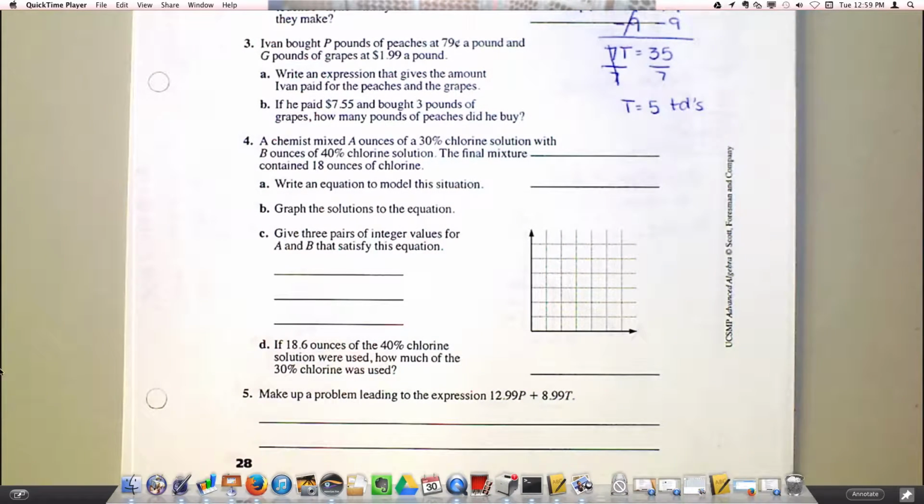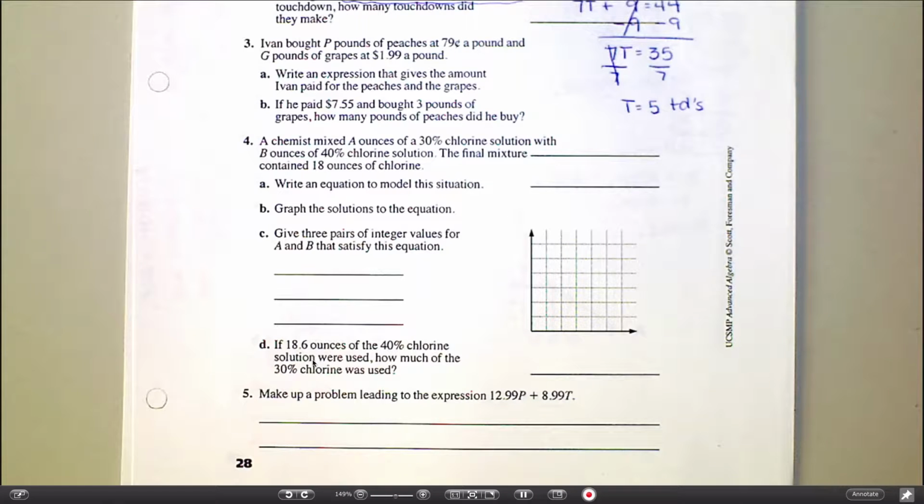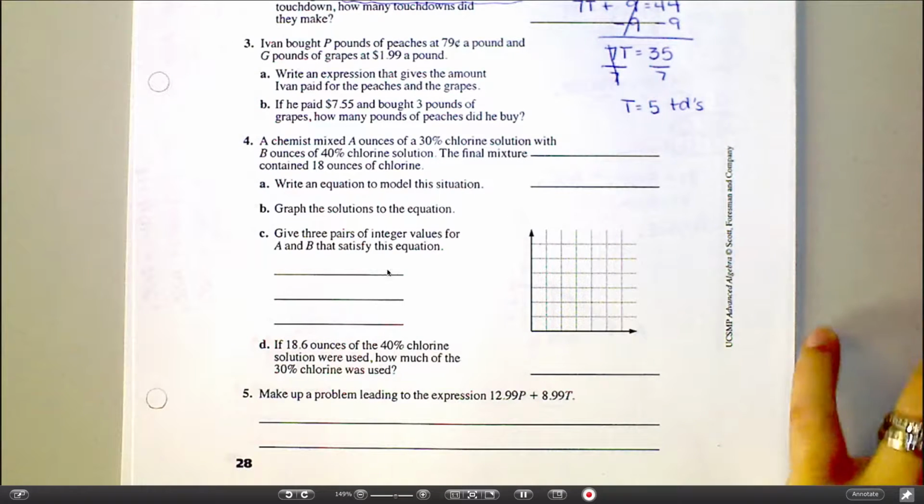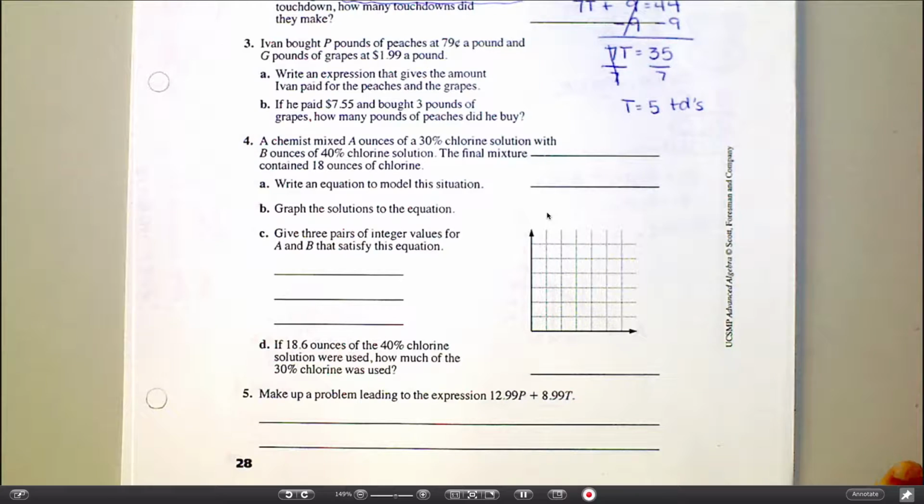So that if someone comes in and says, I was absent and I don't know how to do number 4, I can say, guess that's up to you. Okay,